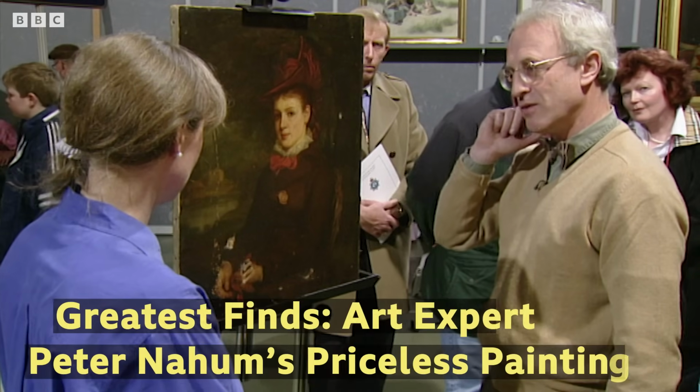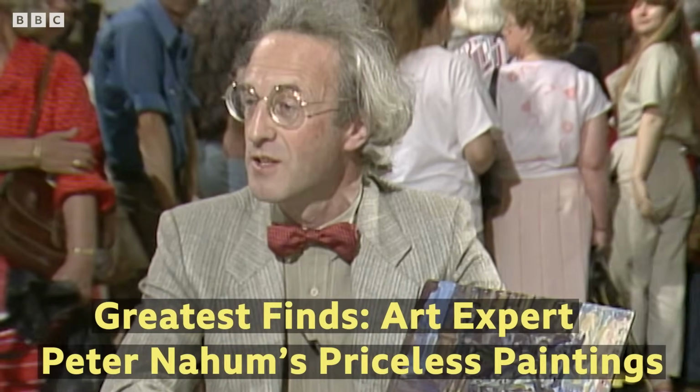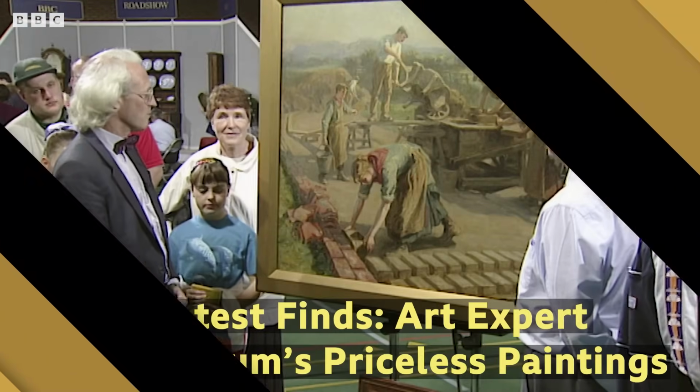I'm going to say this is a genuine Waterhouse. It's very difficult to price something like this. He's one of the great 20th century artists. I think a fair value is...